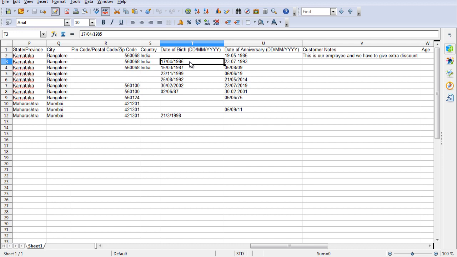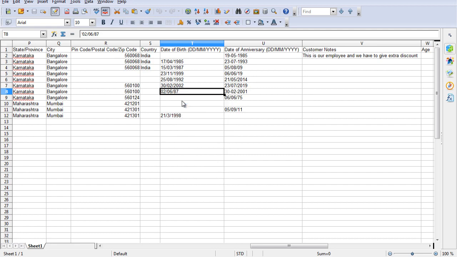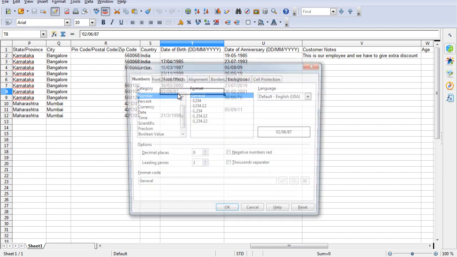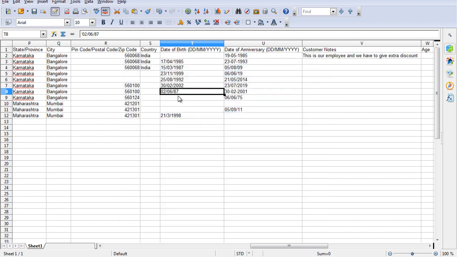So our system will accept only date/month/year. What you can do is, first, if your date looks like this, you can right click and format date. In your Excel, you can change the format of a cell to a date format, and here you will have a date format, the extended format for year. Earlier it is looking like 87, but once I select this and submit,